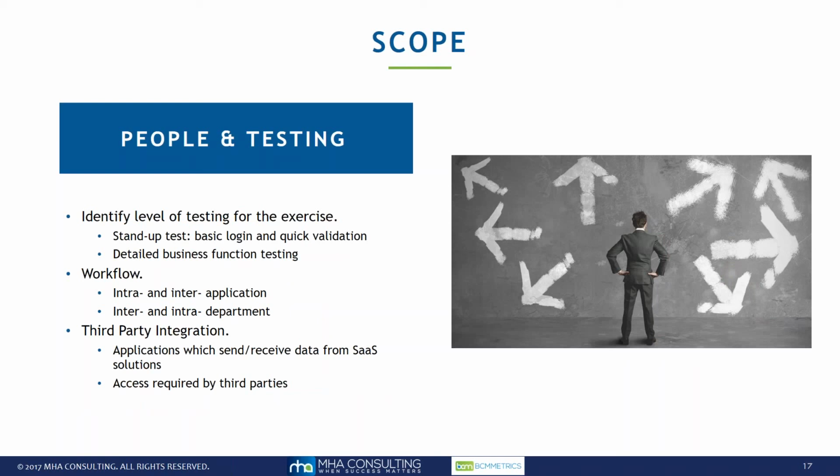So as we think about, again, the scope, I just talked through all of these things, which is the inter and intra application and the inter and intra departmental workflows. How do those work? Where do the handoffs happen? Are there any special manual procedures? Are there manual jobs that are run that don't get tested in the automated nature? And then as we talked about the third-party integration, making sure that you're working with those third parties and that you can send test data to them and make sure that it works. Really, really important.